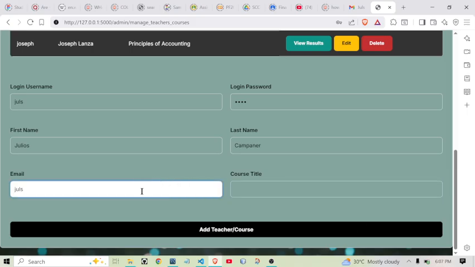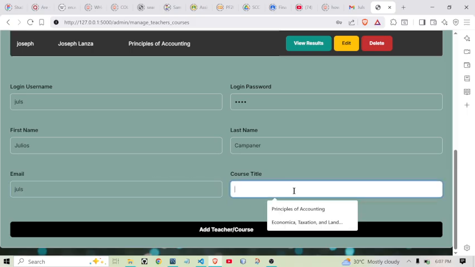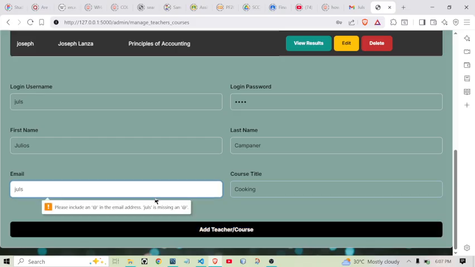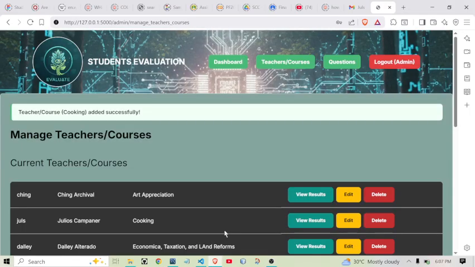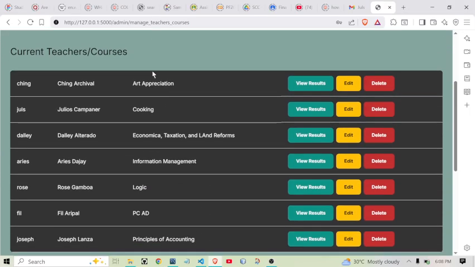Is it a valid email? Let's try. Course title, let's just say cooking. It says that it lacks the at gmail.com, so we have to enter that one. Add teacher. It is successfully added.